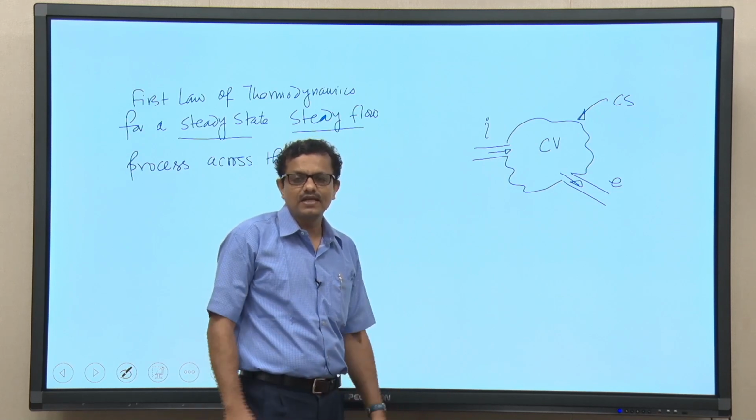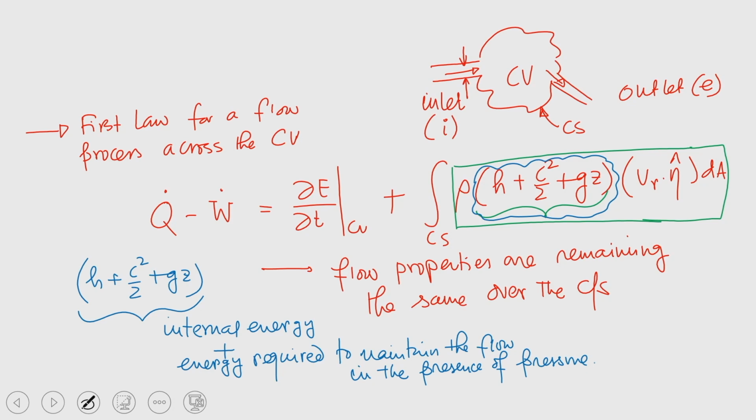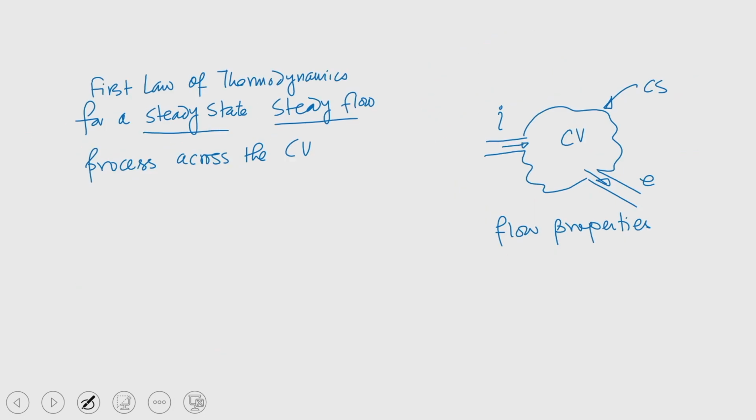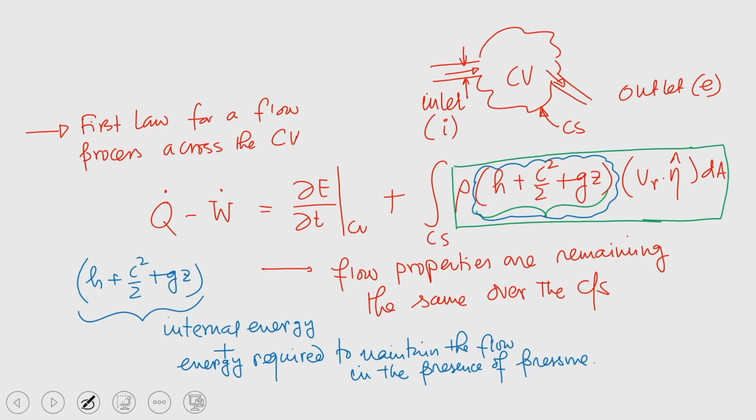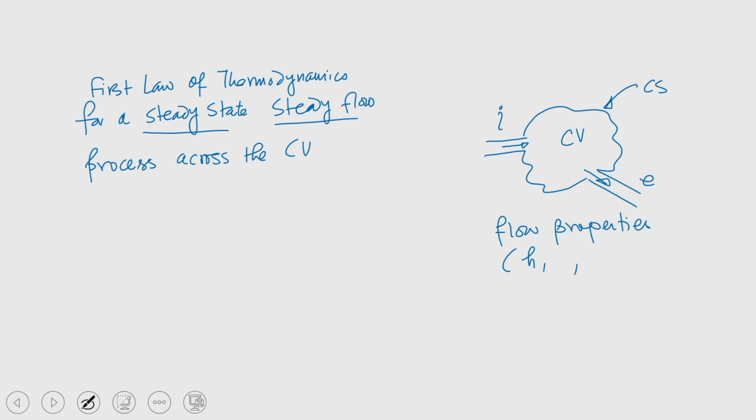So, even if we have multiple inlets and exits, the flow properties, which, if we go back to the slide, are properties like enthalpy, velocity, and height of the cross section, so basically h, C, g and z, these 4 properties do not vary over the cross section, and if we take this, then we can write, as I told you, that